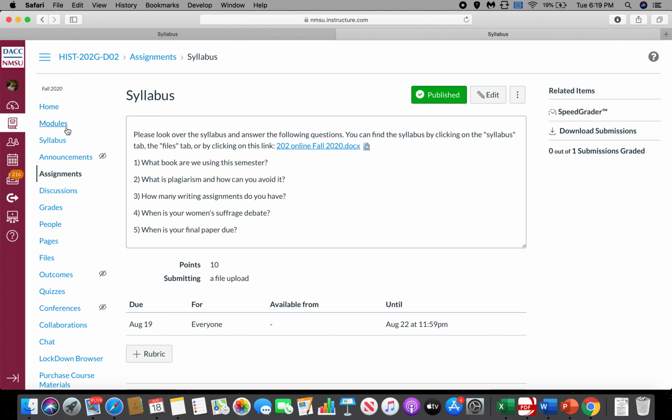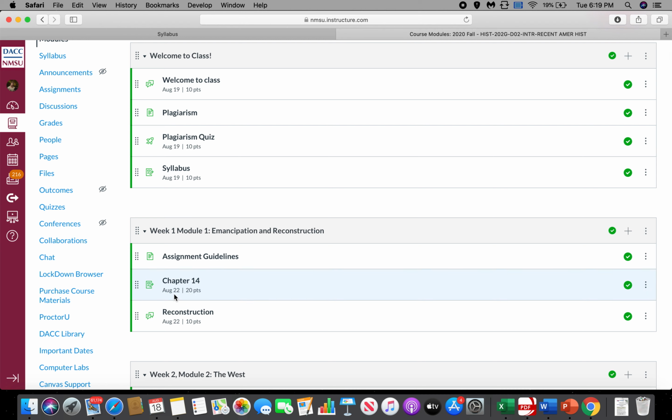However, most modules are actually meant to be a week's worth of work, and so don't wait till the last minute. You see the due date here. That's not really meant to be the day you turn it in. It's open long before that day. You're supposed to think of that due date as the last possible day to turn the assignment in. I usually leave it up one more day, so it's usually available until Sunday, but you will get a late grade if you turn it in after Saturday. The extra day is just to give you a cushion just in case something happens that you can still turn it in for a late grade.